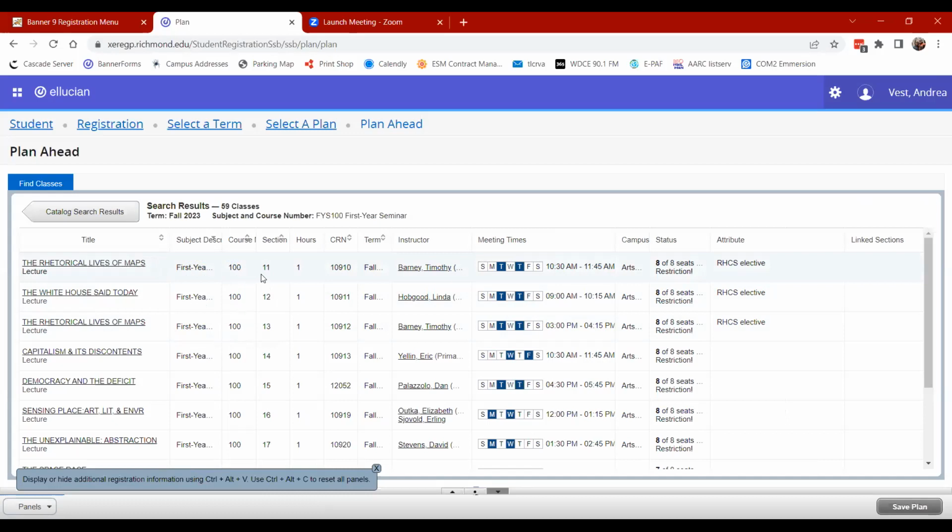So again, all FYSs are FYS 100. You'll see the CRN in one column. The CRN refers to the course registration number, and that's the 5-digit number that corresponds to that particular section. You'll also see, in most cases, when you are viewing a section, the name of a course instructor. You'll also see the course meeting times, both days and times. And then continuing to the right of the screen, you'll see under status, the number of